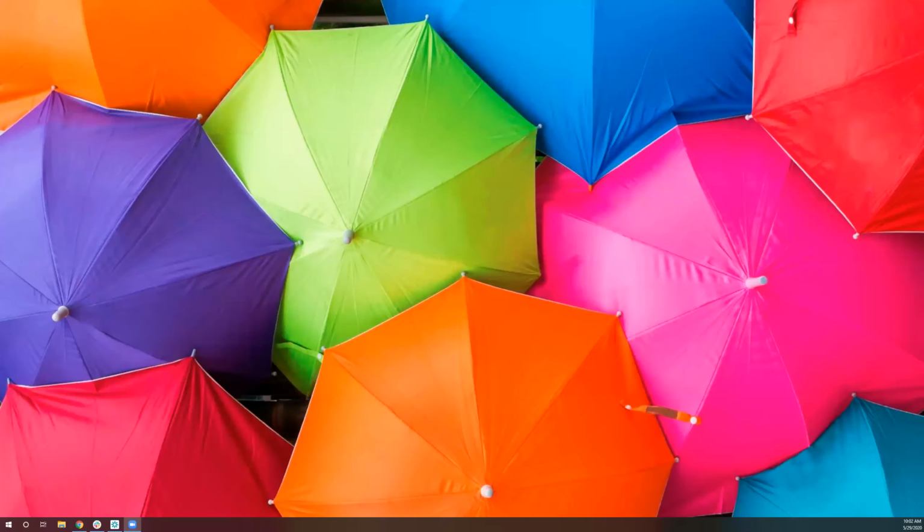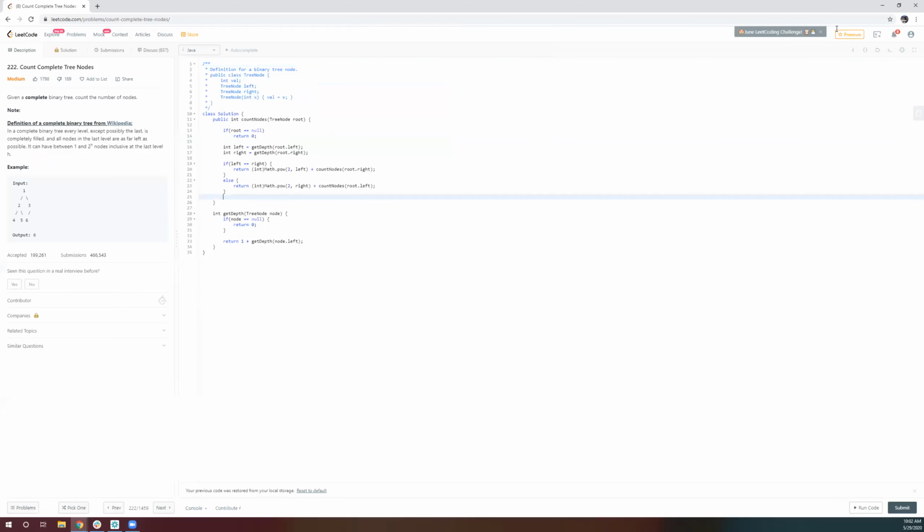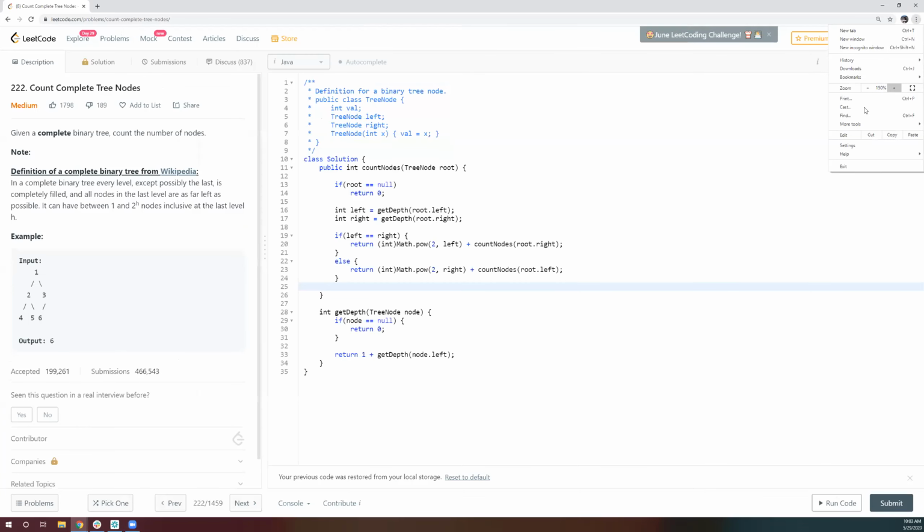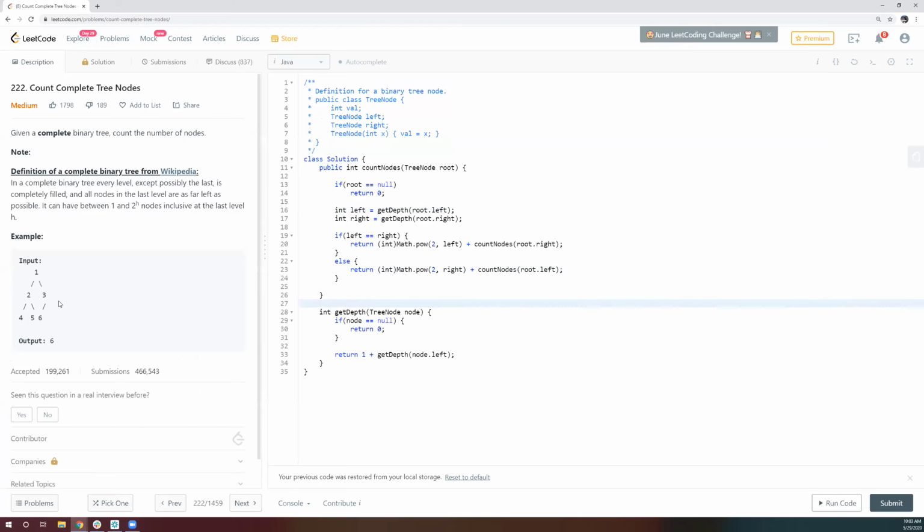Okay, please let me know when you can see my screen. Yeah, it's already visible. So basically, what Siddharth was telling is on a similar line, comparing the left and right. The trick is we already know that we can count all the nodes using any traversal, and that would be order of n.